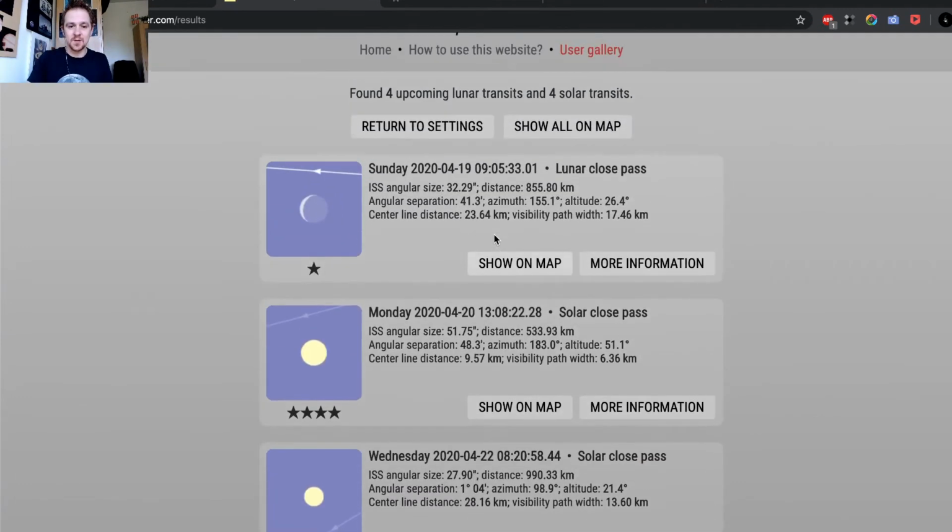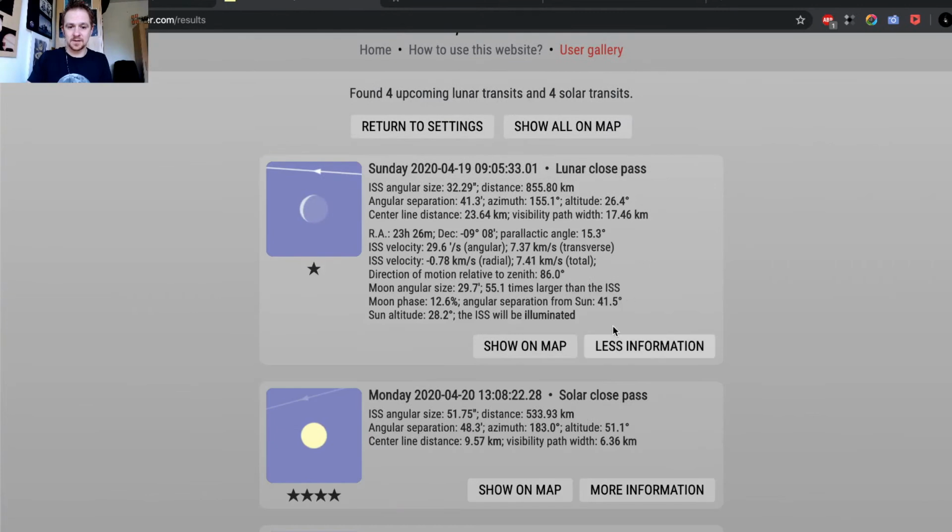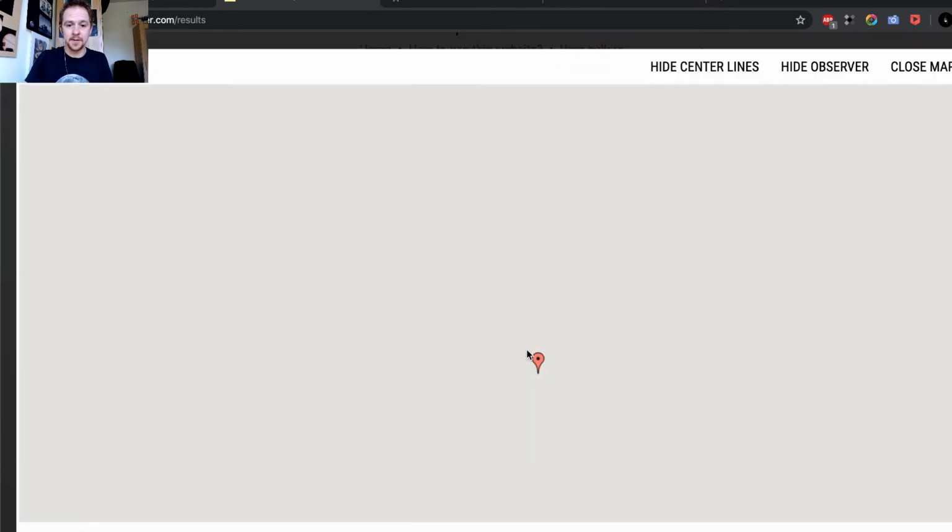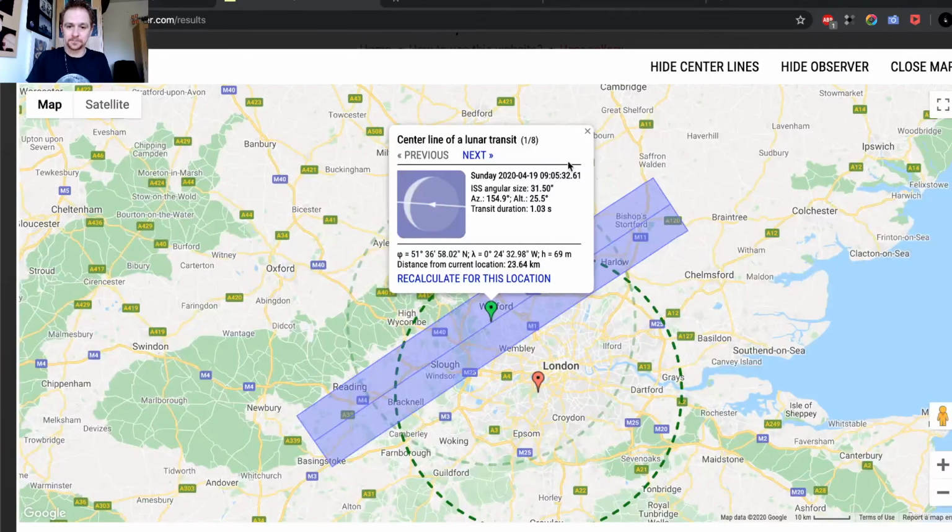So you can get more information. You're going to have all kinds of information: angular size, how far it is, what the elevation of the planet is at the transit, and so on and so forth. And if you click on this button called Show on the Map, then it will give you a map.